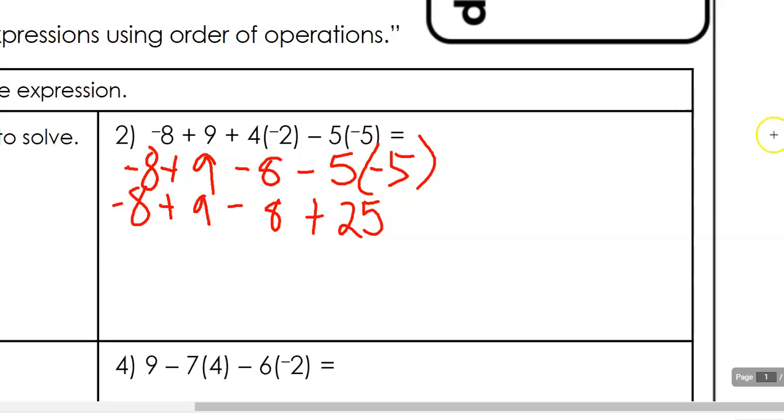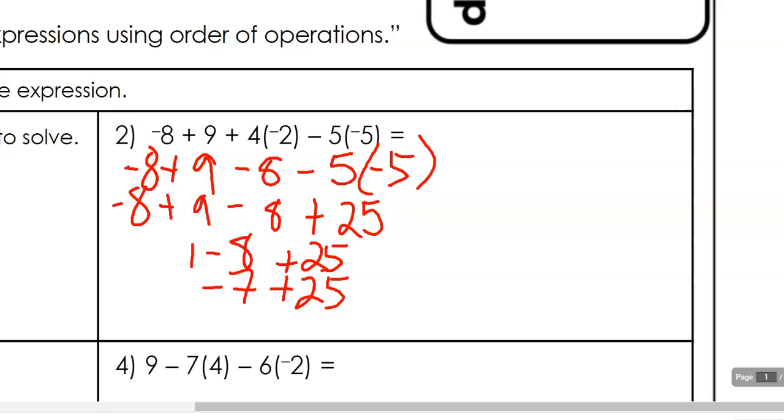The next and last step is to add or subtract in order from left to right. So here we go from left to right. We have -8 plus 9, which gives us a 1. Bring down the -8 plus the 25. Next, we have 1 minus the 8, which is going to give us -7. Then we have plus